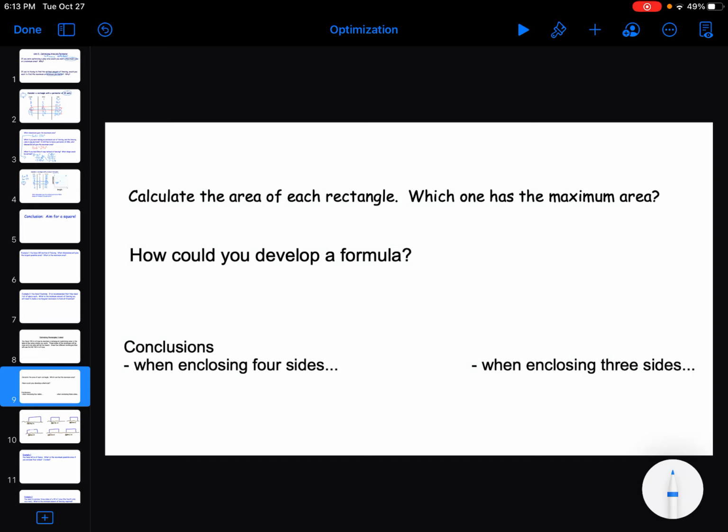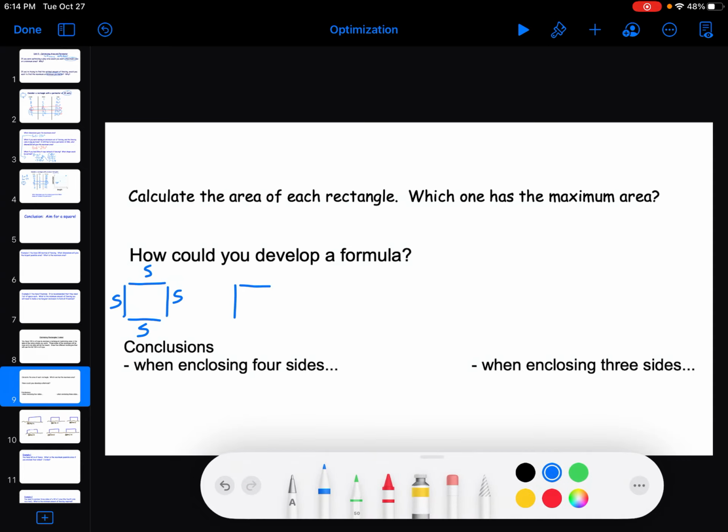Could we develop a formula? We've calculated the area of all of these, and the maximum was the 25 by 50. So for the formula, if we think about four-sided shapes, we've got side, side, side, side, and we try to make them a square. If we think about a three-sided shape though, we've got side, side,